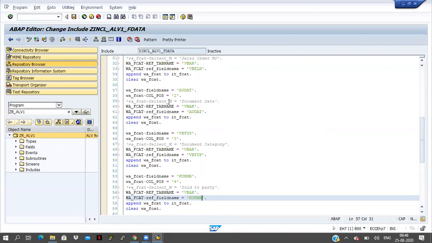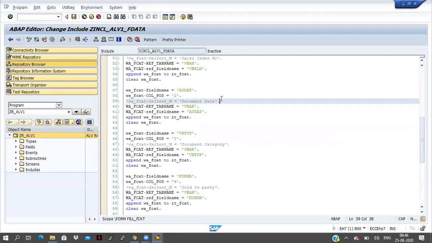Cell text underscore m is there, right? I'm not discussing about this one. You can take it as your wish because this is for displaying purpose. So how the client, how the end user is asking you, like that we have to display the heading here. Except the cell text underscore m, the remaining things I'm giving in single quotation, so whatever we give in single quotation, that data we have to maintain in capital letters.